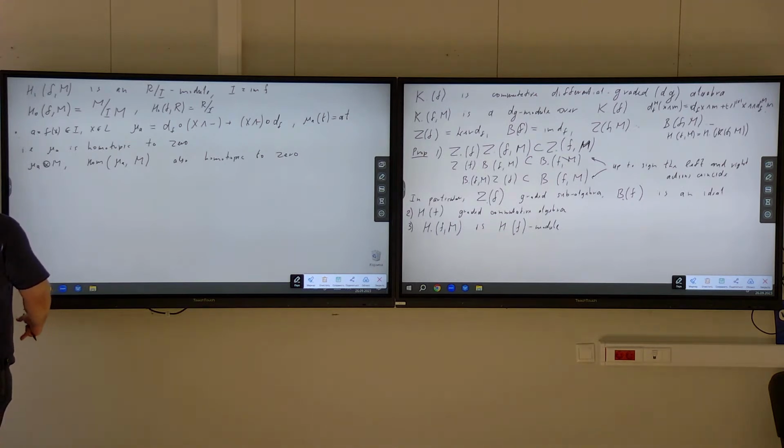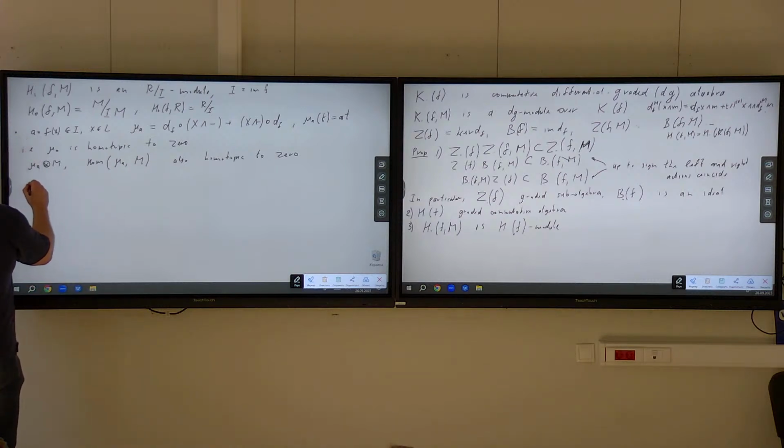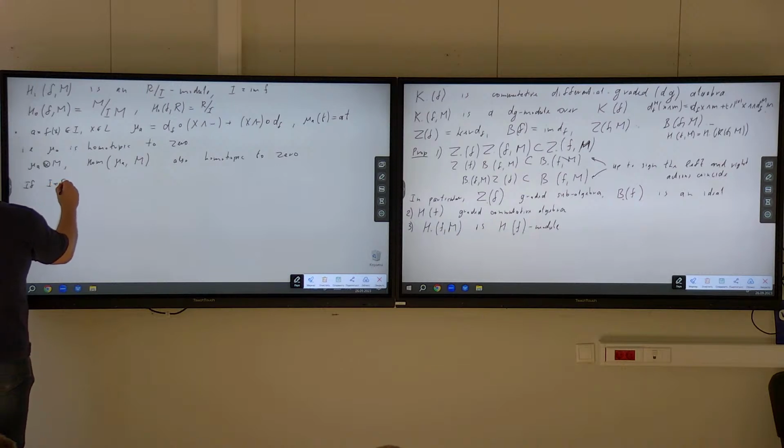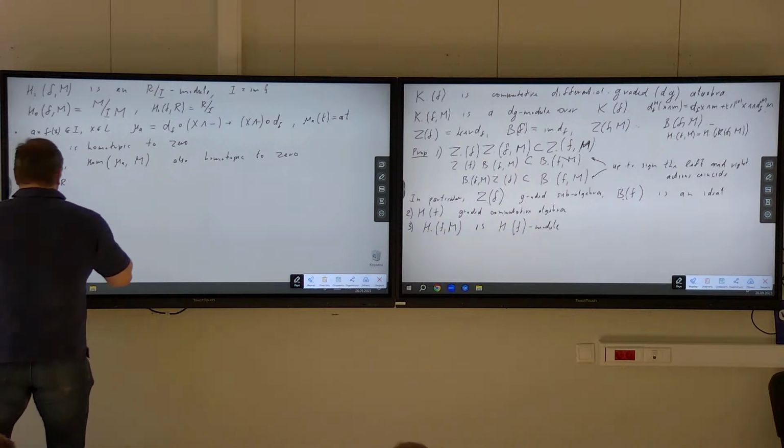Well, what it tells us, for example, from this observation, you can also immediately observe that again this is true, which is another proof that all the homology modules will be supported on the R modulo I, because I will be acting trivially. And another observation, if, for example, I is equal to R, in the degenerate case,